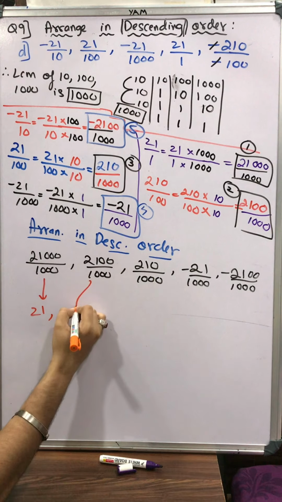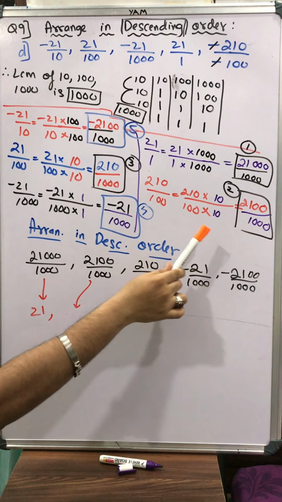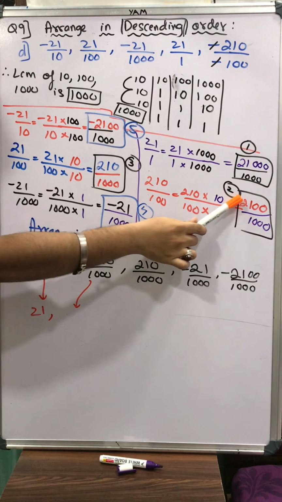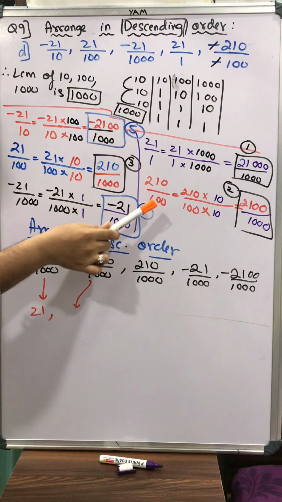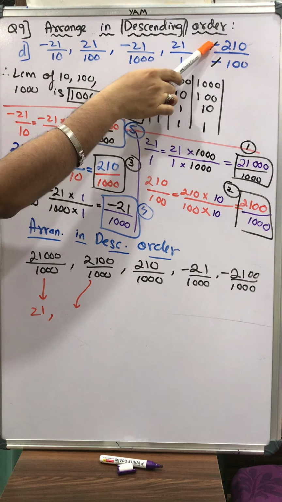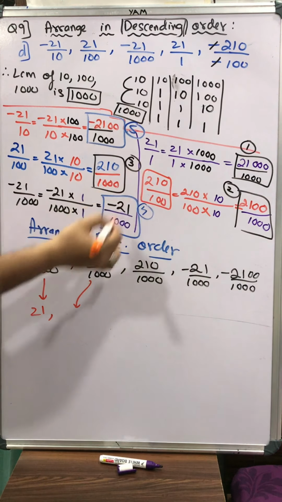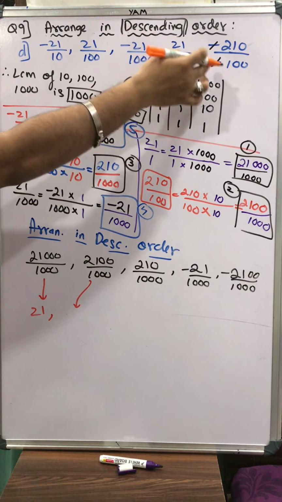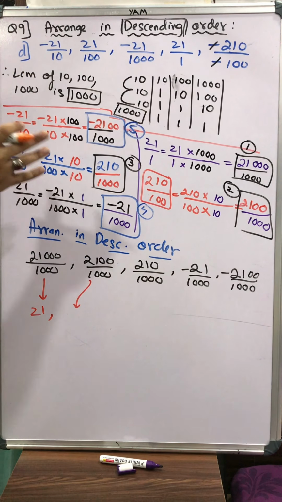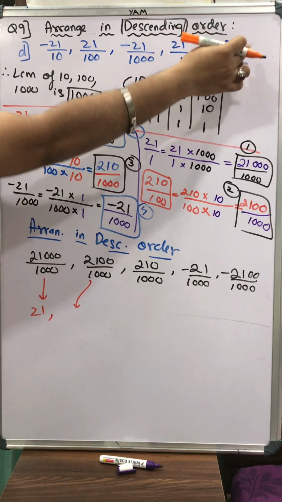Okay, next, from where I got 2,100 upon 1,000. I got it from 210 upon 100. And just pay attention here, I got 2,100 upon 1,000 from 210 upon 100. And actually in the question it was minus 210 upon minus 100. So students, even you can write this one as it is here, or you can write minus minus. Of course you will say, sir, you taught us to write the original form, so that's the reason I will not write here 210 upon 100, but I will write minus 210 upon minus 100.